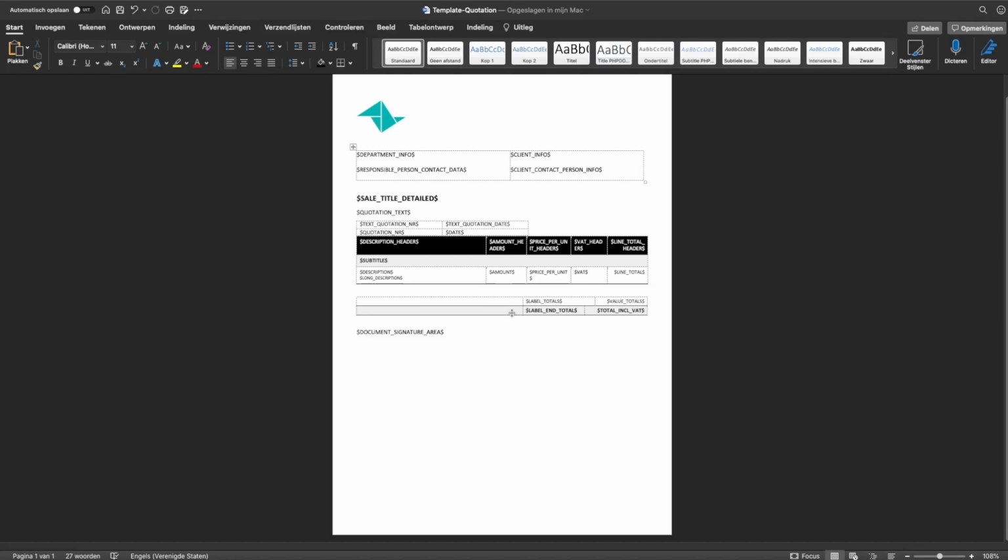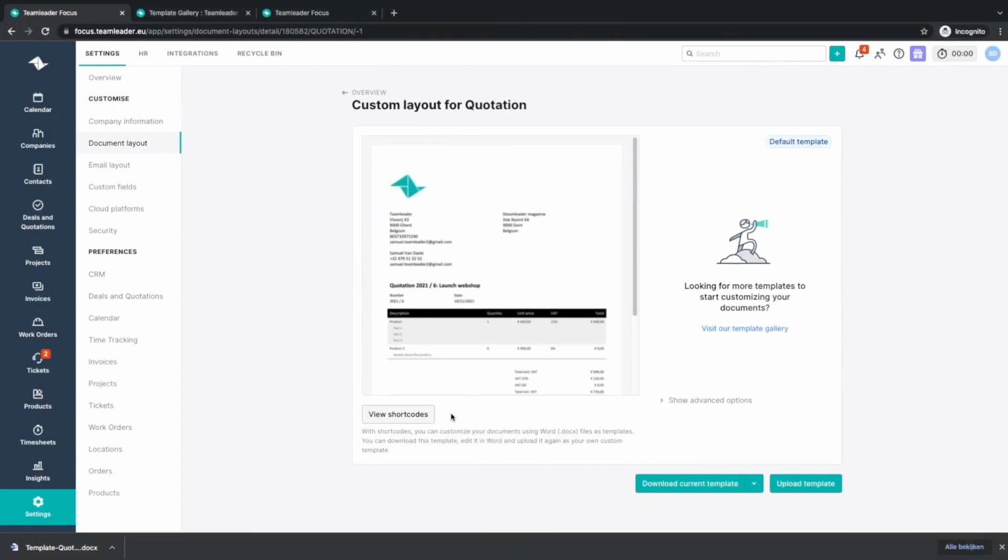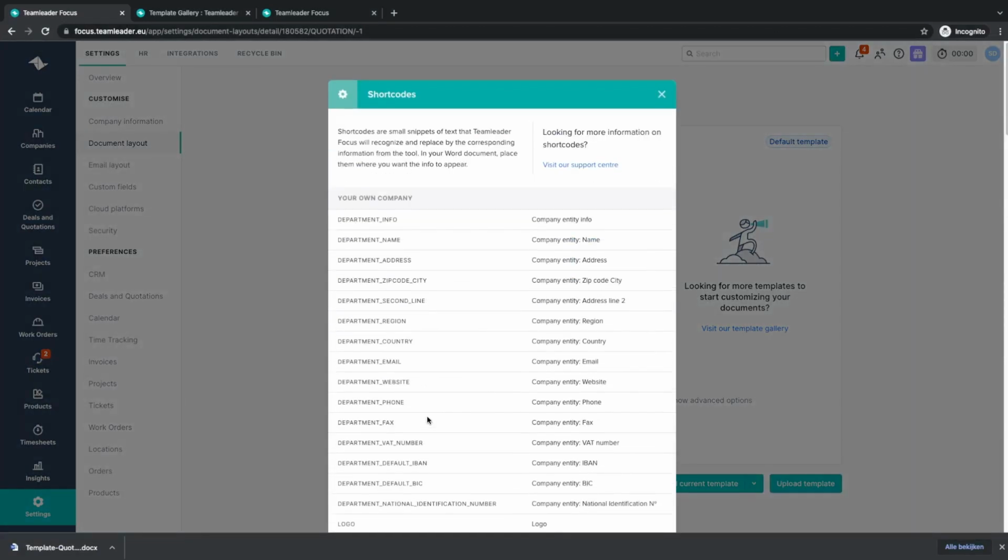If you add regular text, this will not be considered a variable, of course, and it will be shown literally on the quotation. Now, if any information is missing, you can always check the list of shortcodes, which you will find on the page here. View shortcodes. On the left-hand side, you will see the codes corresponding to the type of information they will generate on the right-hand side. So all you'll need to do is copy-paste these in your Word file,